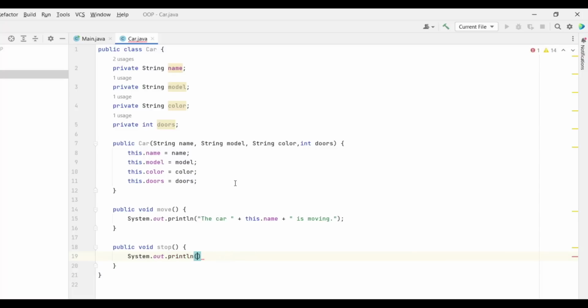So parentheses, and I'm gonna type the car plus this dot name plus has stopped. So the car has stopped. And those functions are gonna be attached to all the objects that we're gonna create using this template that we have now. So let's put semicolon at the end. So now we have a template. We have the state, we have the constructor, and we have the functionality, what this car can do.